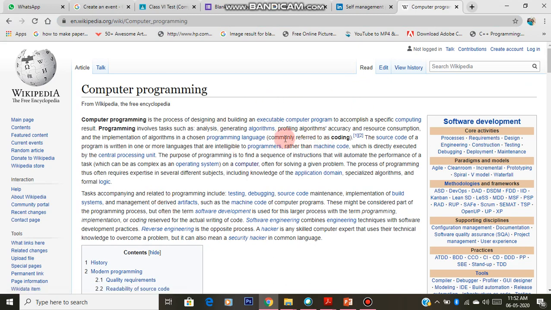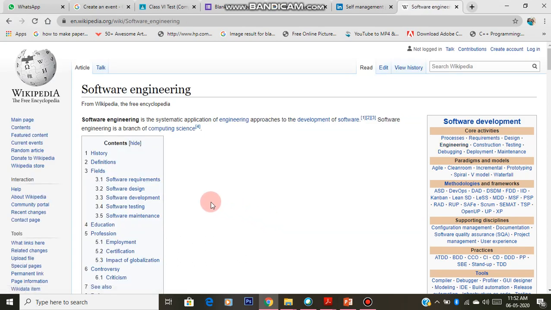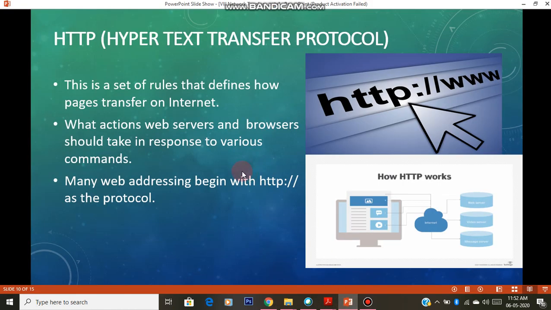This is also a web page, right? So I am able to shift from one web page to another web page, see, this is another web page, only because there are some rules called HTTP that are followed by all the web pages. Web pages will be transferred with the help of this protocol.